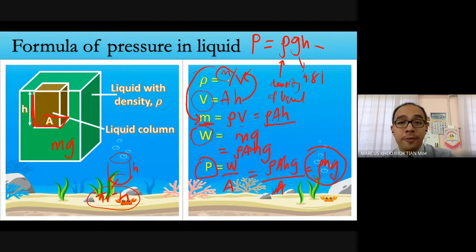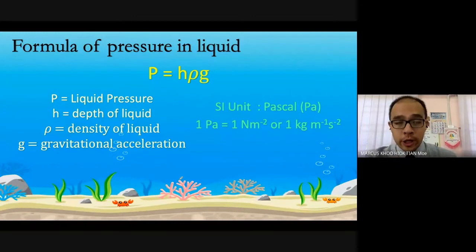Okay, so this has to be remembered, and I think it is in your textbook in page 40. Okay, so can you take some time to write this down in page 40? The formula for the pressure in liquid, okay, if you look at page 41, it's written like this, H rho G. It can be rho GH, it can be rho HG, it can be H rho G. Okay, but the most important thing is the rho, okay, this symbol over here, rho, usually I write it like this,